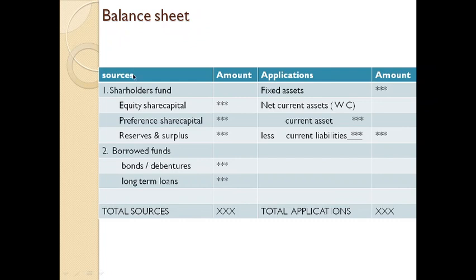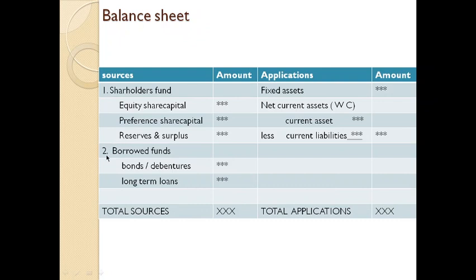Earlier we know that the left-hand side is the liability side and the right-hand side is the asset side. But in this concept of vertical format, we use the terms sources and applications. Okay, the sources side consists of fixed liabilities and current liabilities, and the application side consists of fixed assets and current assets. But there are some minor changes in this statement. Just go through it. In the sources side, we first give importance to shareholders' funds. Under shareholders' funds, it consists of equity share capital, preference share capital, reserves and surplus. All these three comprise shareholders' funds.